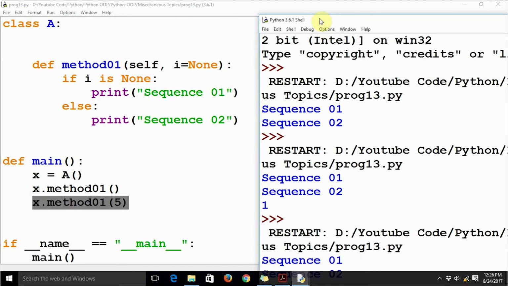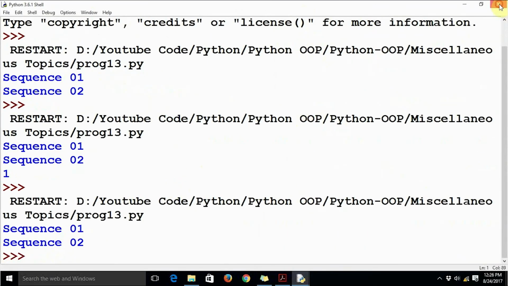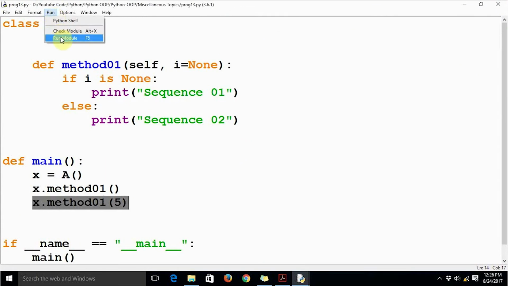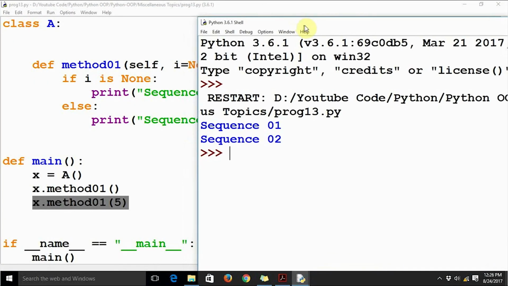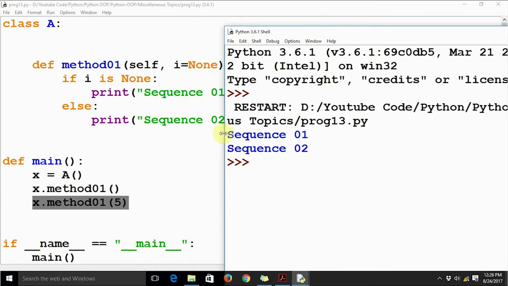Now let us run this code. Let me close this and run this again so that we can check it in a fresh console. Now this is the fresh console window, and you can see that the same method, when called with and without an argument, produces different output.